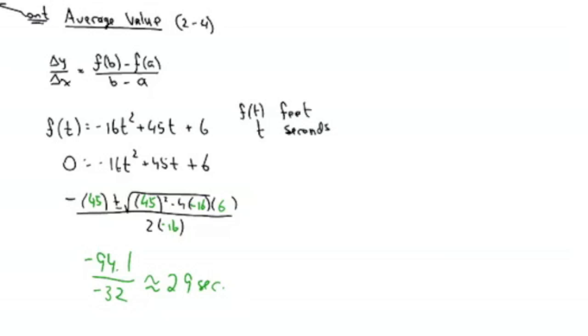So what I'm going to do is find the average rate of change of this function from t equals 1 to t equals 2. So since it's in the air for only 3 seconds approximately, 1 to 2 really should be interesting to look at. I'm thinking I pretty much know what the answer is.